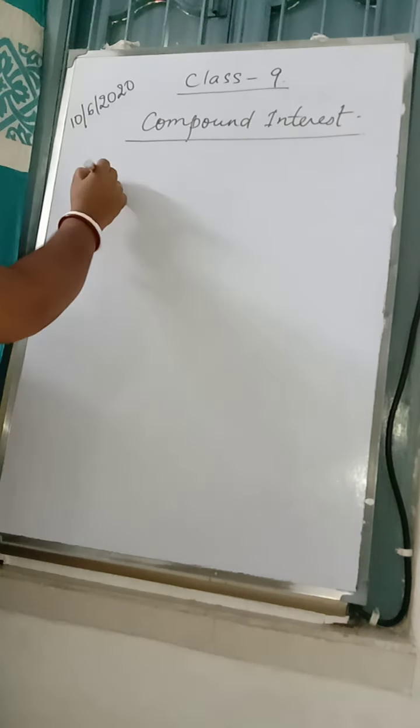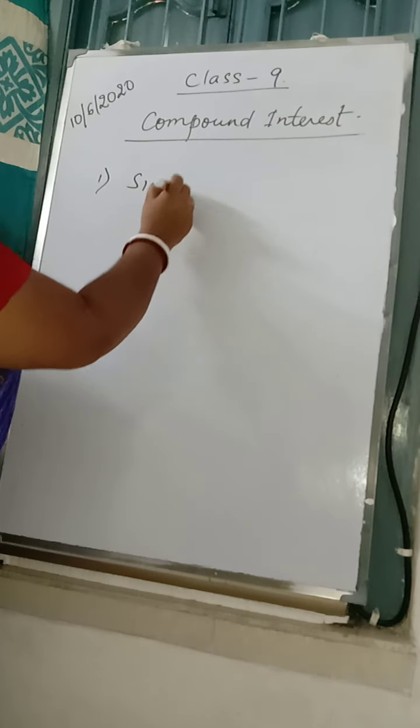First of all, you should understand what compound interest is. As you know, if we invest certain money for a certain period at a certain rate of interest, the extra money, the interest that we have to pay after that period, is known as interest. Now, with interest, there are two words added: one is simple interest, second is compound interest.